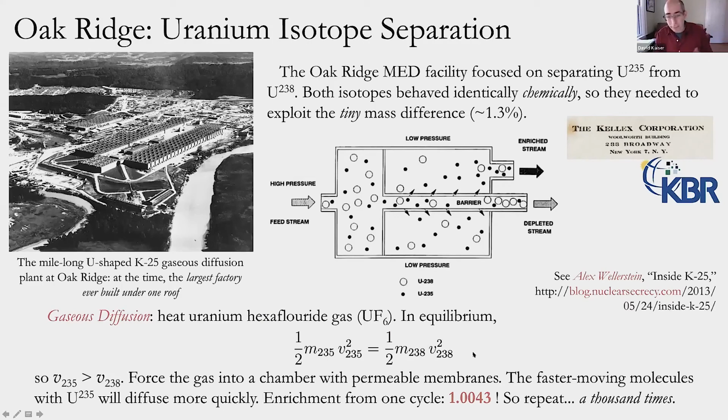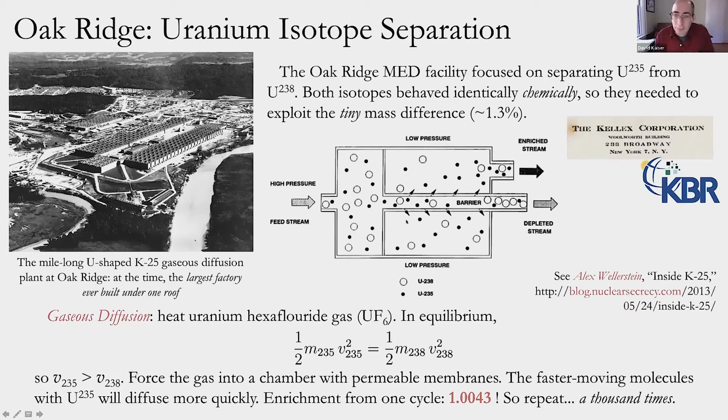If they're in equilibrium, their energies should be about balanced. The kinetic energy should be about equal. But that means that the smaller mass of the lighter isotope must be multiplying a slightly larger velocity. That the molecules with the stuff you want will on average have slightly larger speeds in equilibrium than the more common stuff. So put the whole gas under pressure, force it through these